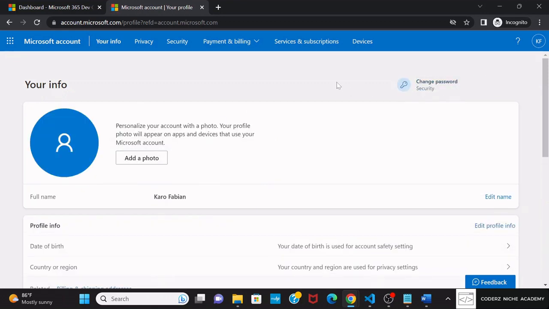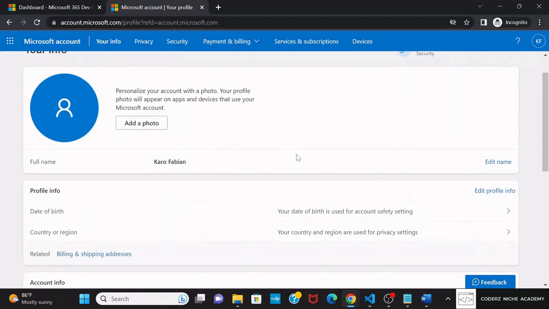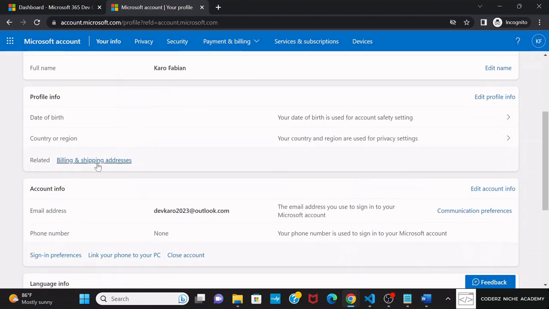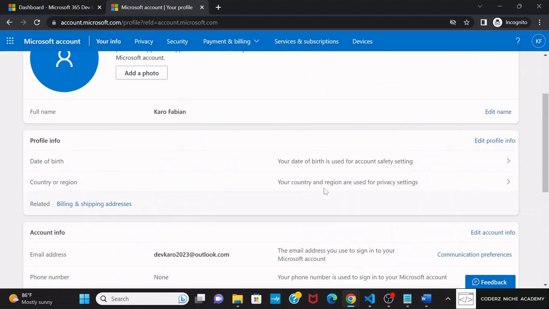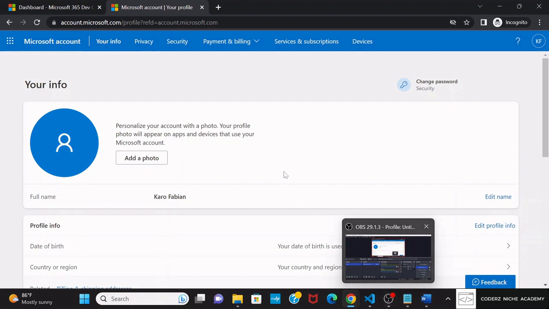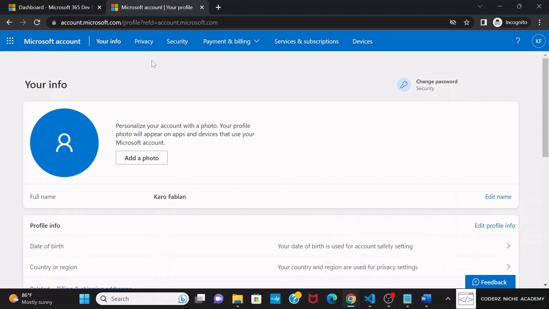Yeah, so you can actually do a lot of things on your profile. You can add a profile picture if you want to. You can add your date of birth. You can add your country or region, billing and shipping addresses, the email address, and all. It's all up to you. But I think that's not actually the reason why we're creating this video. It's actually for us to be able to know how to get our free Microsoft